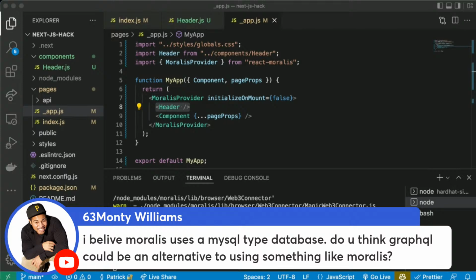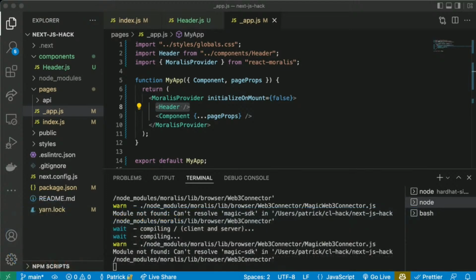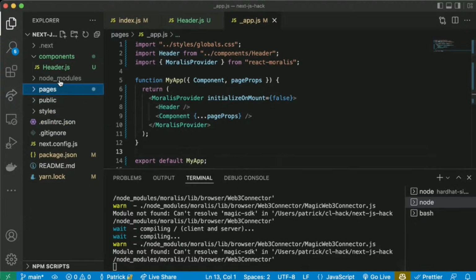So for speed of development, I think you probably will be a little bit faster using something like Moralis. But if you want your app totally decentralized, you're going to want to use something like The Graph. Great question. The Graph is fantastic. Moralis is fantastic. They do very different things, right?